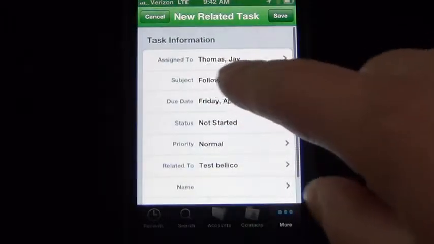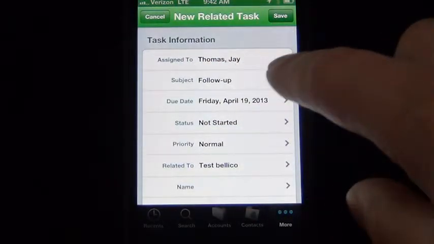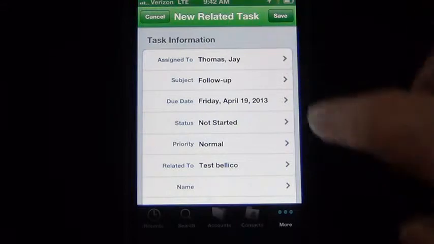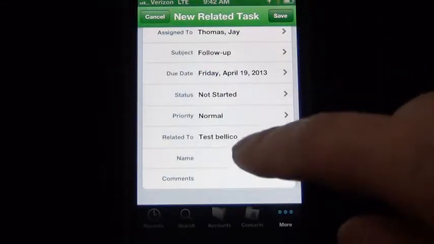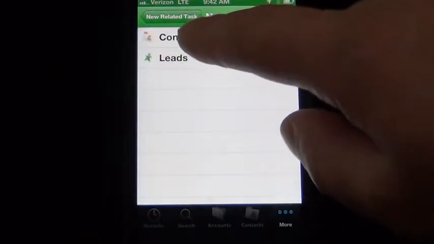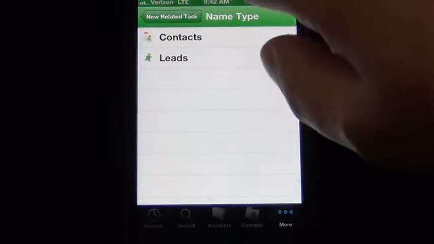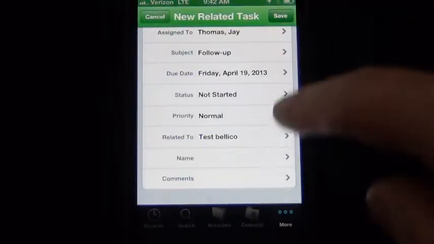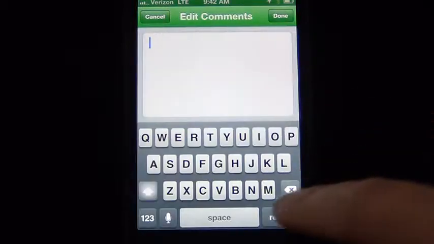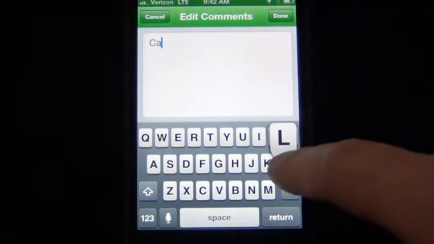Again, you can go up here. Right now I'm on Jay Thomas's phone, so it automatically assigns to him, but you can assign tasks to other users if you want. Here we can relate it to a specific contact if we want, but we're not going to do it in this case. And then we can put comments,